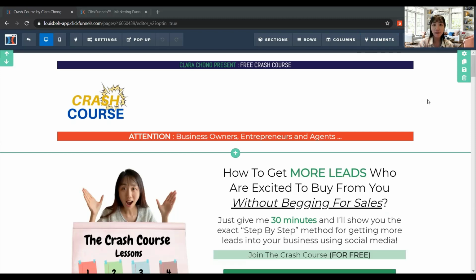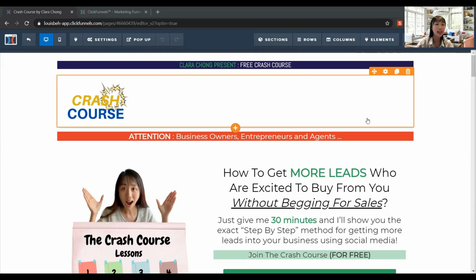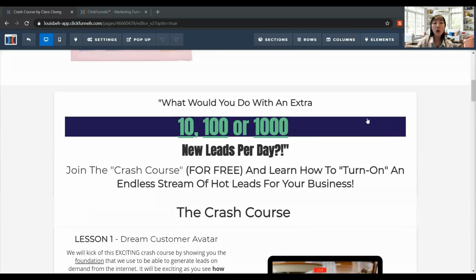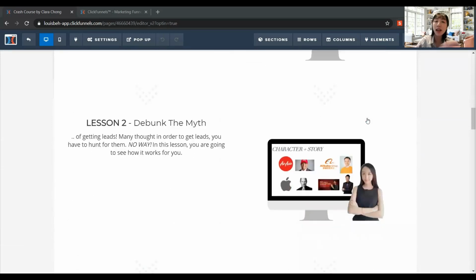I've actually shared a funnel with you, okay? That one looks exactly the same. It's just that maybe the color tone is different. You can change to whatever color or theme that you like. And the only thing that's different for this one is I've added pictures to everything I've told them,